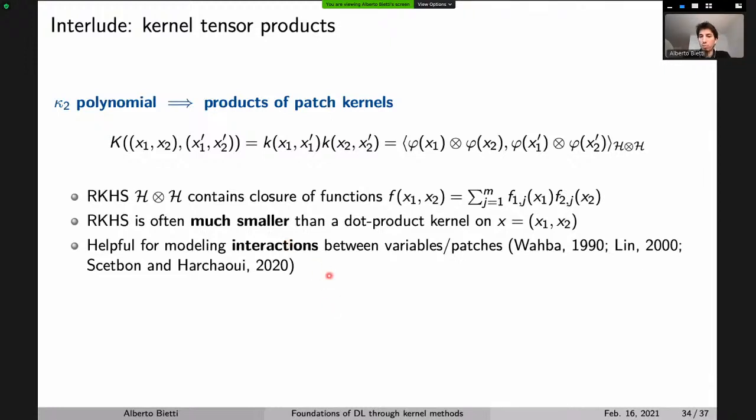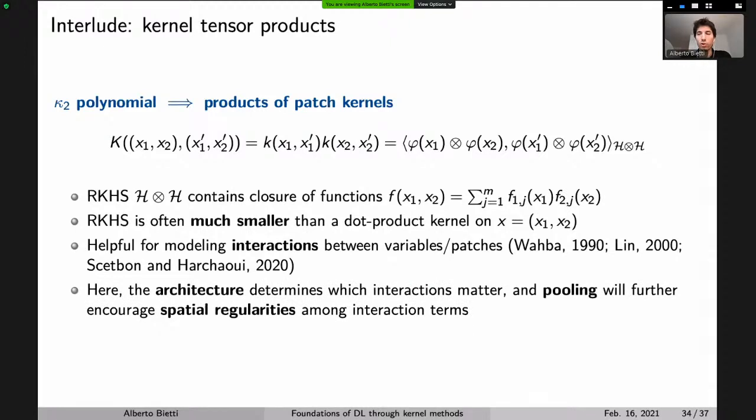But basically we're trying to model this behavior on different patches of the image at the same time. And if you have a polynomial of degree 3, then potentially you look at 3 different patches in the image and try to model their joint dependence. Okay, so this has been studied in recent papers in the context of kernels for convolutional networks, but it's also been very popular since the 90s. It was used as these interaction models, additive splines. So the goal is to highlight the role